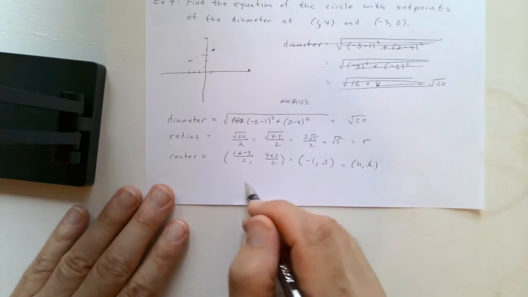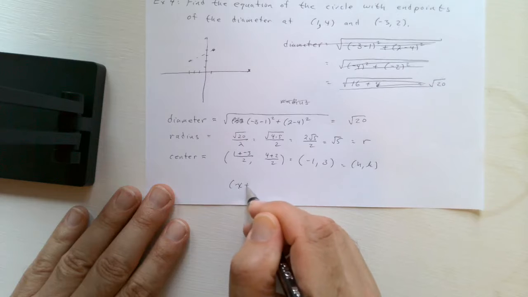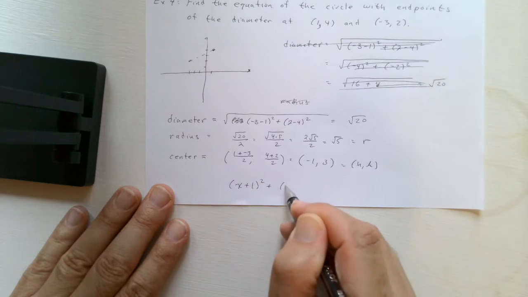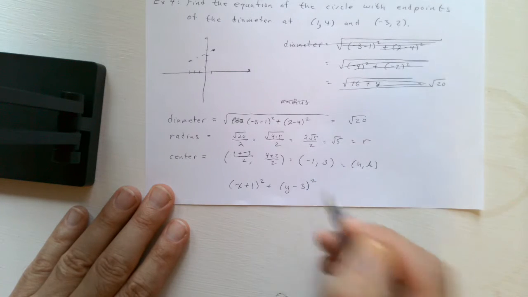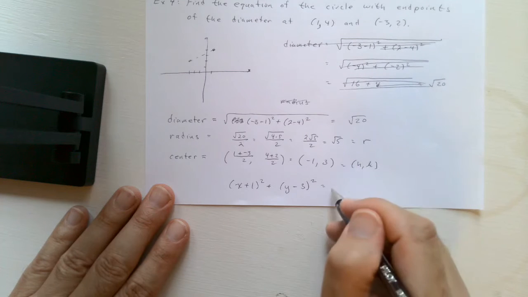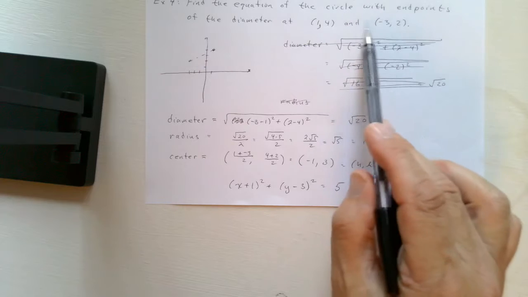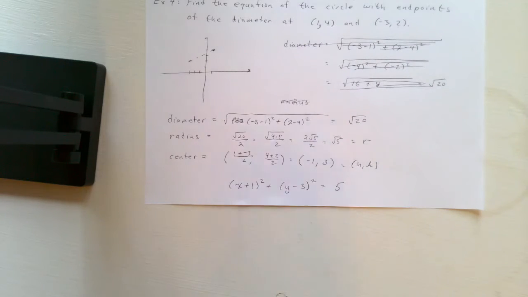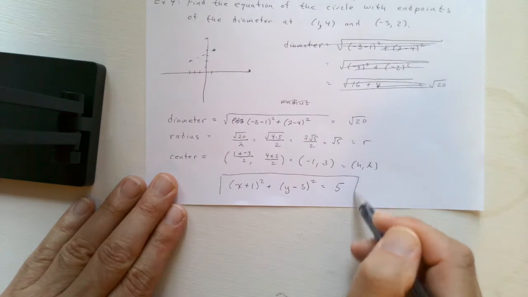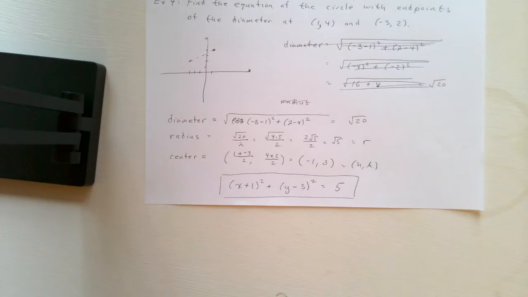So the equation should be x plus 1 squared plus y minus 3 squared equals r squared, which is going to be 5. Okay. And again, we can plug either of these points in here, and it works out. So, sorry for the confusion. That's why it works. Okay, then